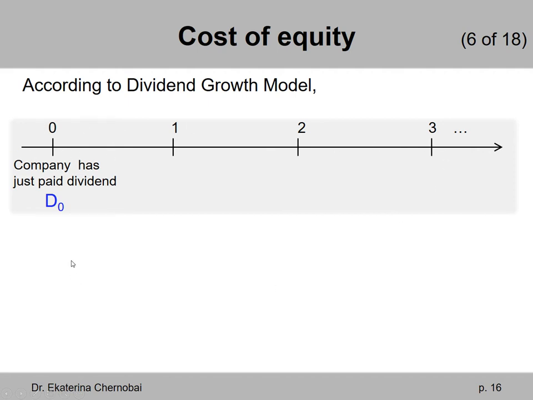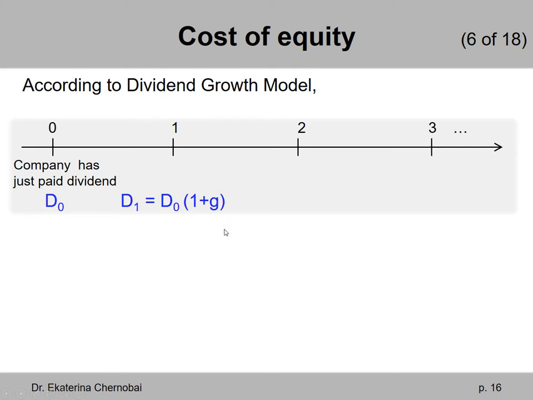using this timeline. Let's say a company has just paid some dividend per share. Maybe it's $2 per share. The notation for the current dividend is D for dividend and subscript 0 for year 0. In 1 year, it's going to be a higher amount. It will grow by some percentage, which we denote by lowercase g. So the dividend in 1 year, D subscript 1, will equal D0, the current dividend, multiplied by 1 plus g,